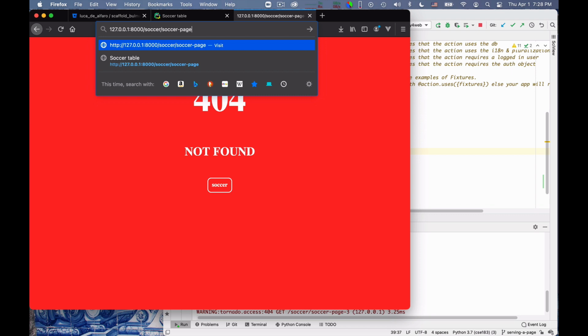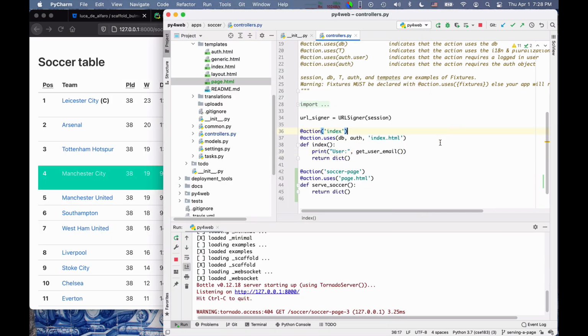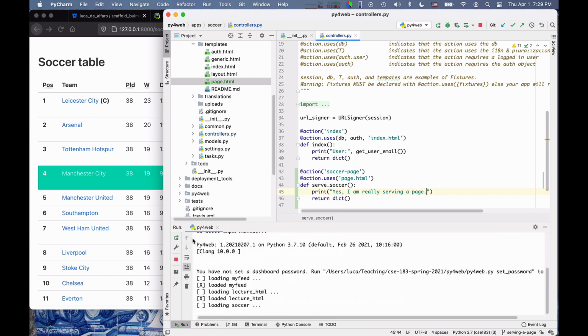In fact, let's play with it a moment. This is a Python code to serve the page. You may not believe, because nothing happens, that this code is running, but I can say, for example, print, "I am really serving a page." And if I do this, I need to restart the code.